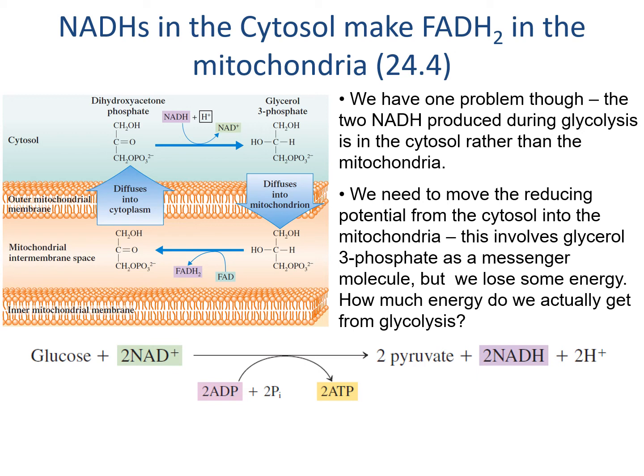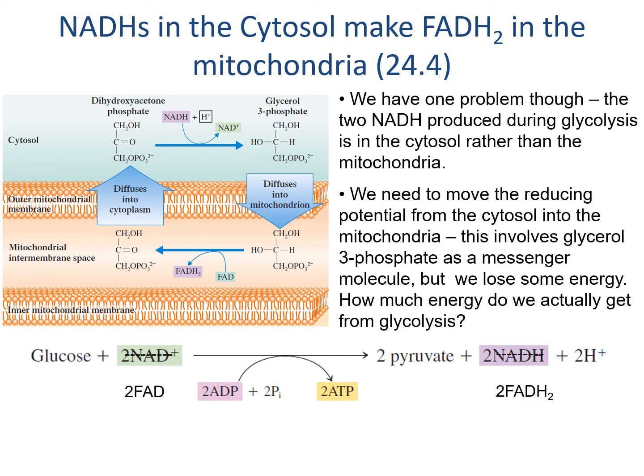The problem is we can't actually get the NADH into the mitochondria. To compensate, our bodies use dihydroxyacetone phosphate, which is much smaller and can move in and out of the outer mitochondrial membrane to accept electrons from NADH. The reduced form, glycerol 3-phosphate, can also move freely through the membrane and move electrons to a redox cofactor inside. The problem is that some energy is lost in this process, and now the electrons can't remake NADH, they only have enough energy to make FADH2.